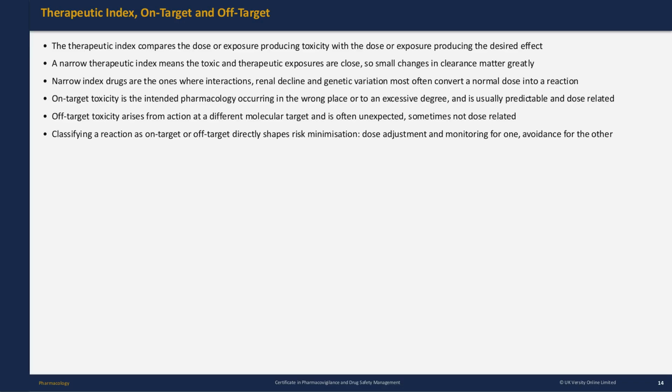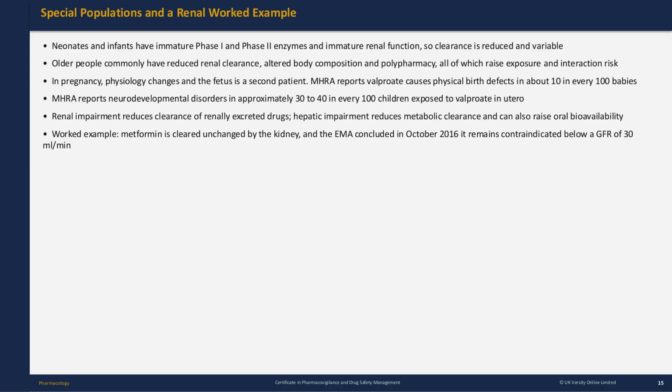a reaction. On-target toxicity is the intended pharmacology occurring in the wrong place or to an excessive degree, and is usually predictable and dose-related. Special populations and a renal worked example. Neonates and infants have immature phase 1 and phase 2 enzymes and immature renal function, so clearance is reduced and variable. Older people commonly have reduced renal clearance, altered body composition, and polypharmacy, all of which raise exposure and interaction